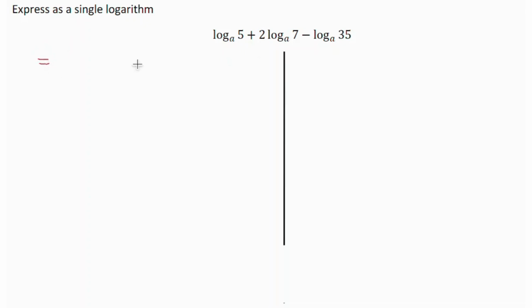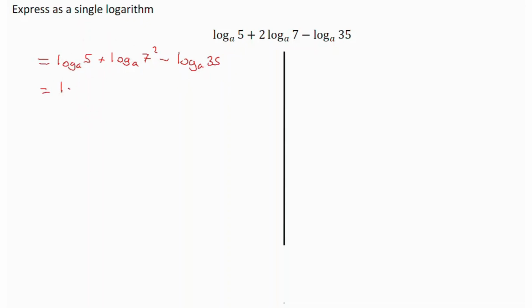So the first approach is to start with, well, we can't do much with log base a of 5, but with this 2 log a 7 we can bring that 2 into the logarithm as a power using the third law of logarithms that we saw, and then leaving this as log base a of 35. Now we can use the first law of logarithms, because this is of the right form for that,